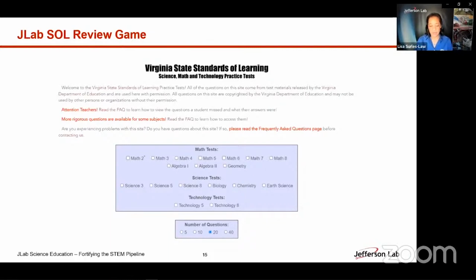What's interesting and very helpful is the way that this has been designed is that teachers can use it to present strands of questions so that the students can go along strand by strand, question by question. Review can take place in the classroom, or students can access it individually, complete it, and then submit their progress